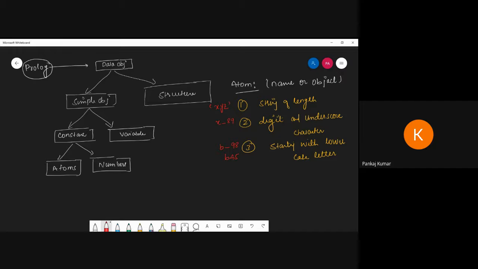We can use this when we're talking about numbers. So I can go from bottom to top, and my approach is bottom to top. First I am discussing atoms, then I'm going to discuss numbers.